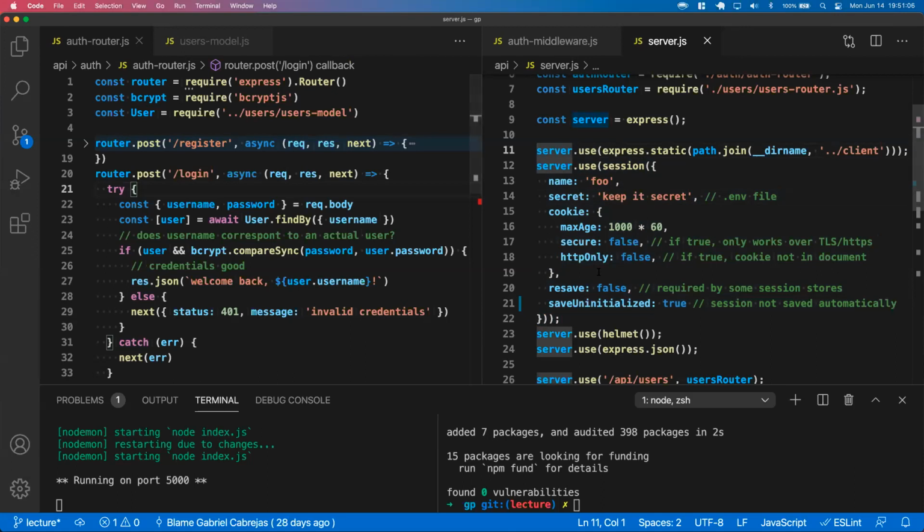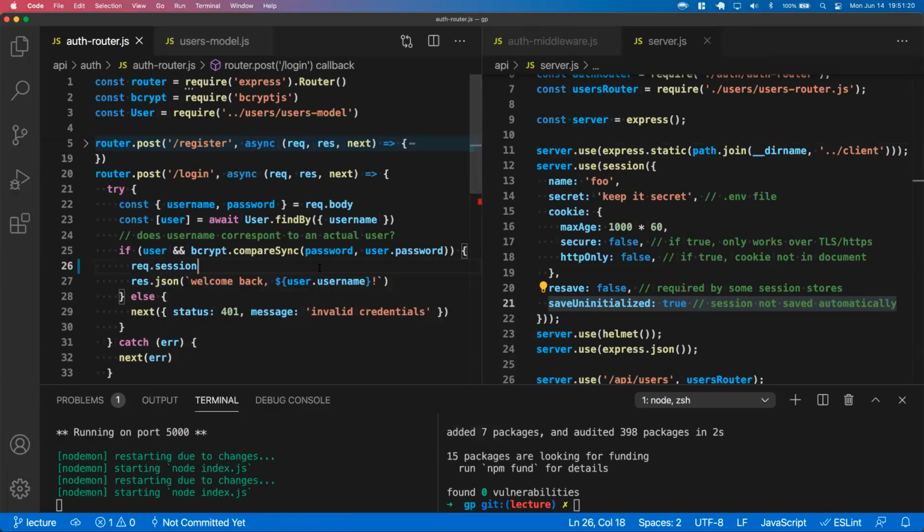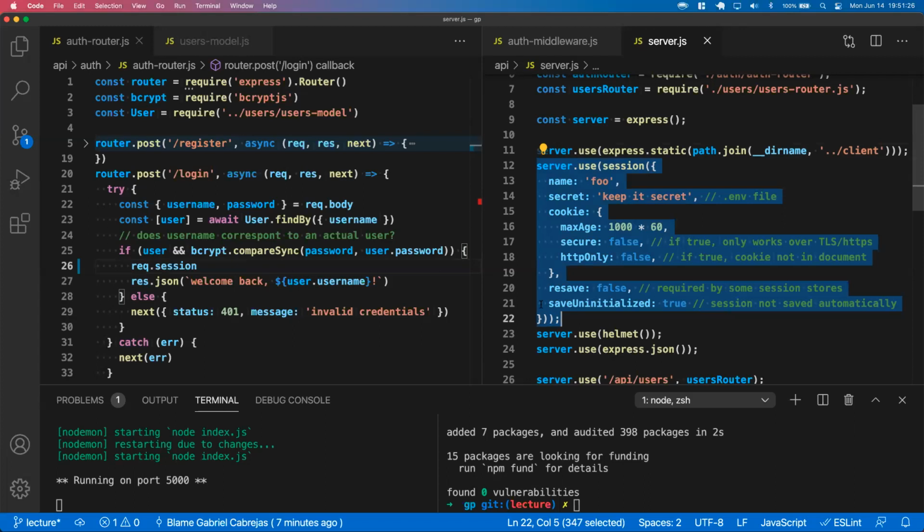All that we have to do to signal that we want to persist the session with the user is by changing the req.session object, which came to be when we did this little configuration. Now the req object includes a req.session, and we can write an authenticated user in there, right? So if we just do req.session.user, add another property to the req.session, user equals this user we know is real and has provided valid credentials. So this is the magic line,